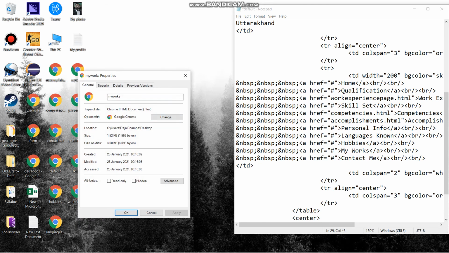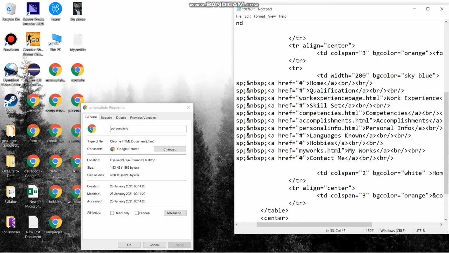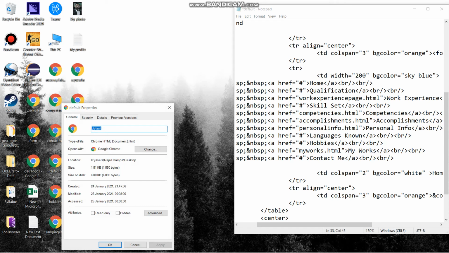You can just write the name.html, then it would be clickable, and you can get to the target location which you have given at the href. I am doing this for qualification.